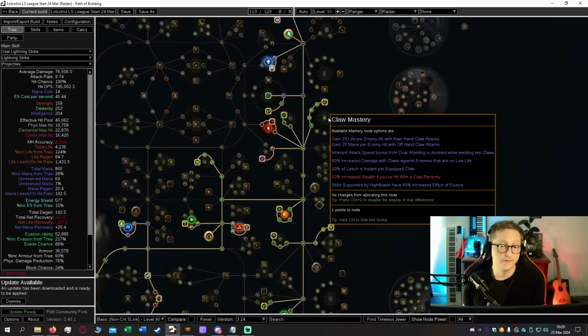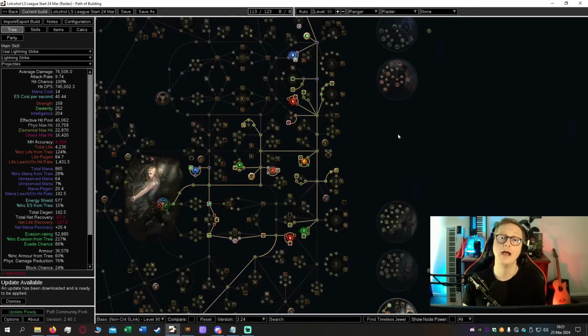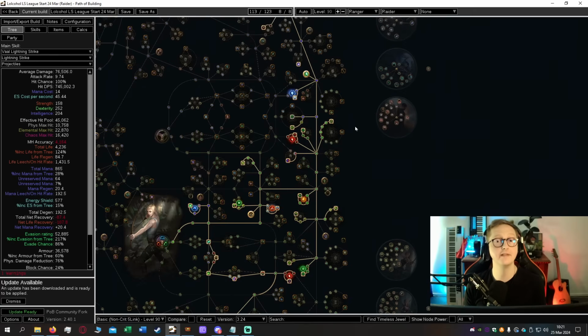Also, while we are still going non-crit, I recommend going dual claw and keeping the inherent attack speed bonus from dual wielding is doubled while wielding 2 claws. Later on, probably around red maps, we are going to take that out and use a shield to try and get that 30% elemental ailment avoidance. When you get your Uber Lab, that'll make you elemental ailment immune and allow you to drop Purity of Elements